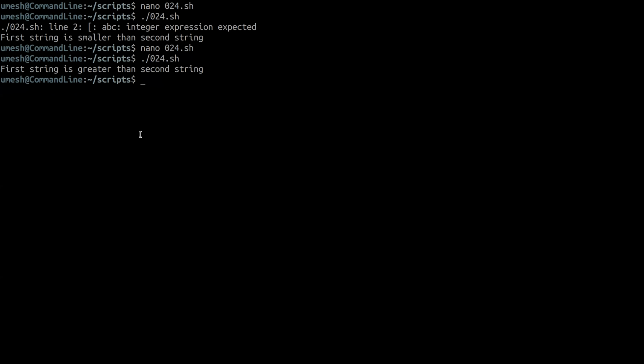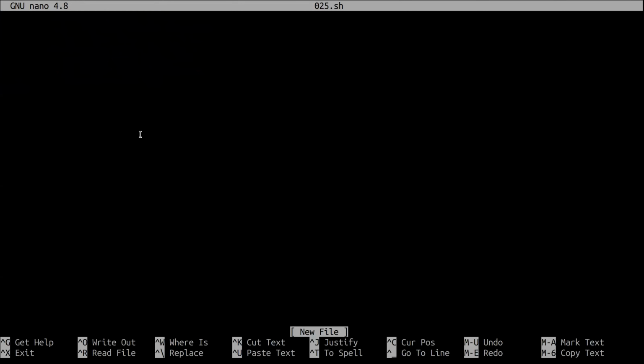Now what we could do is we could input two numbers and compare that number using if condition. Number, let's store that number 1.